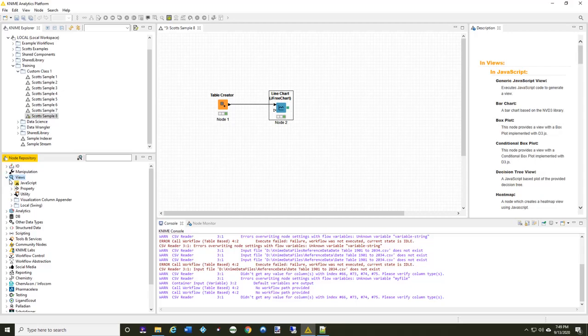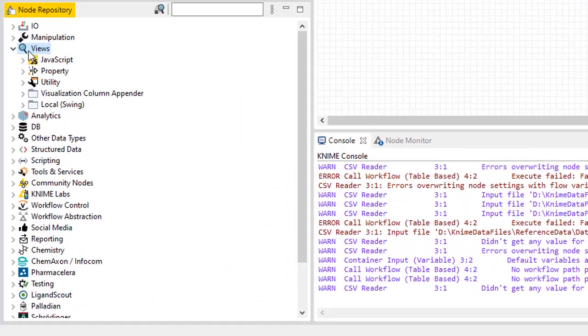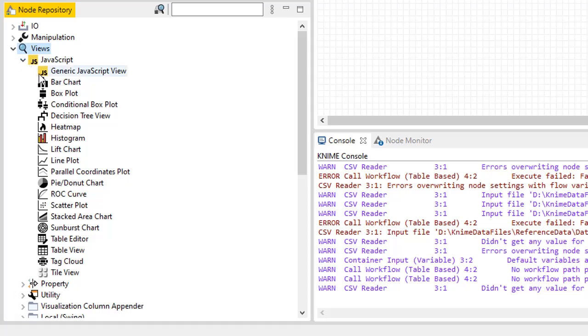KNIME provides a number of different views built into the system. Right off the bat, from the node repository, if we look down here at this section of the screen, as you can see, under the views, there is the ability to have JavaScript. And all of these views are pre-built into the system. So I can produce bar charts, box charts, heat maps, histograms, line and lift, pie charts, all of the normal charts that you would expect to see in Excel